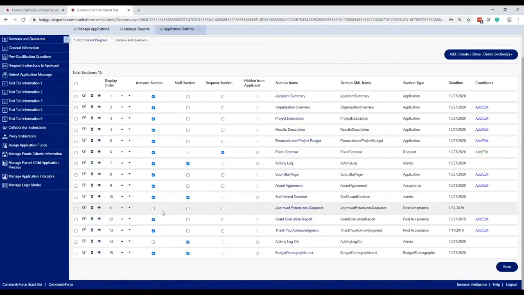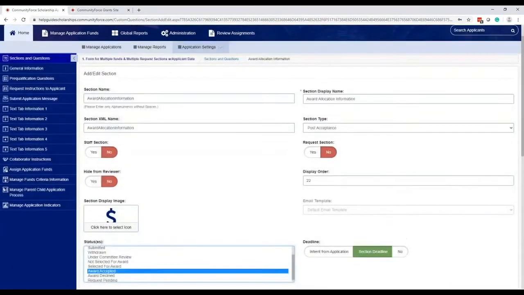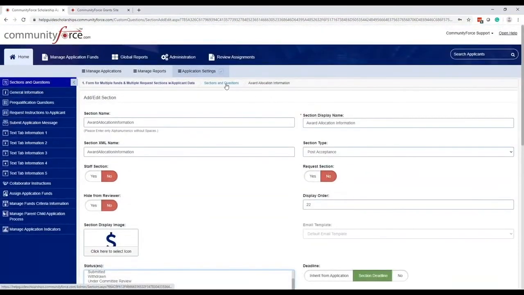So even though they've hit those statuses, if it hasn't been activated here with this check mark, then they will not see those on their dashboard. But otherwise, if they are active, it'll all be controlled based on the status triggers that you set when you build the section. So let's just talk a little bit about how those sections are built. They're very simple. They're built like any other section. The only thing is when we build those sections,